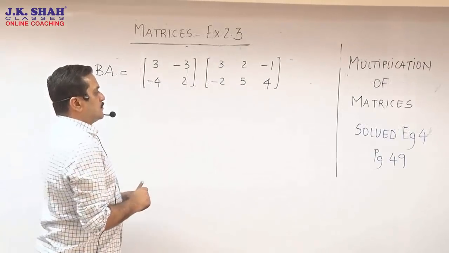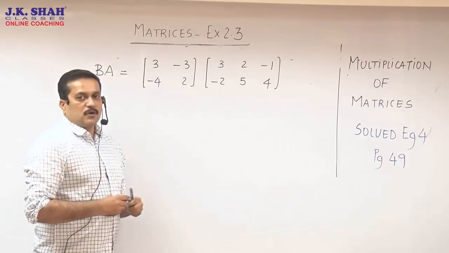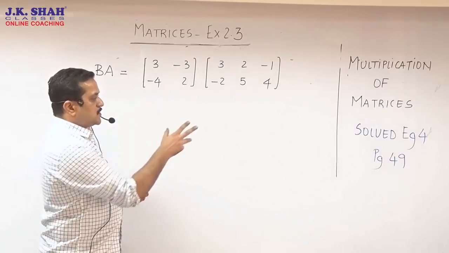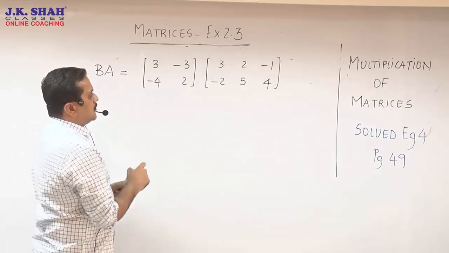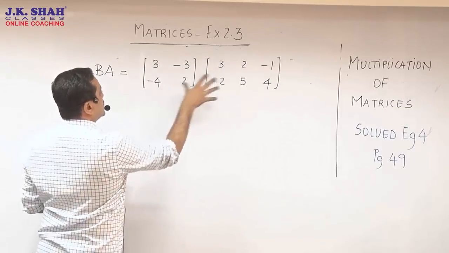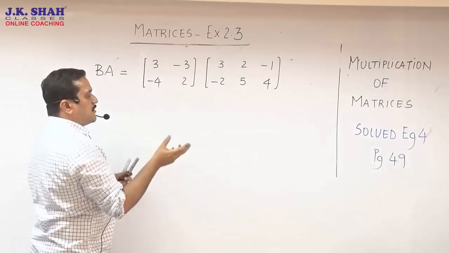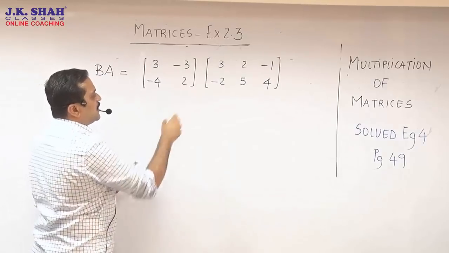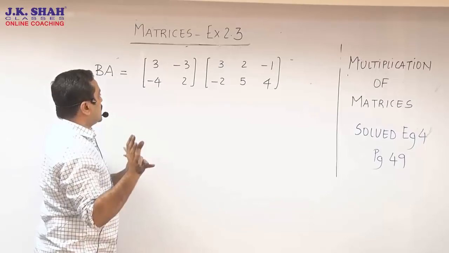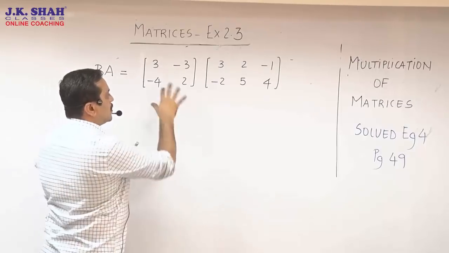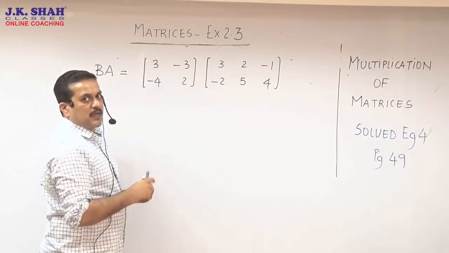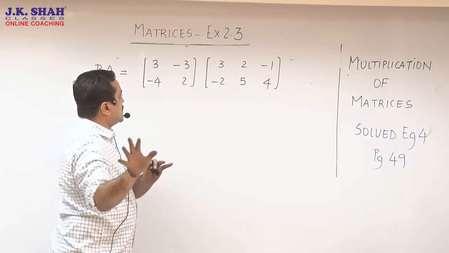So, I hope you all are sitting with your book and pen. I picked up one solved example 4 from page number 49 where this is matrix B and this is A and we are trying to go for BA. We are not going for AB. That we'll be seeing after this. We'll be trying BA first. So I just would expect you would have paused your screen, copy the two matrices in your book and you start. Now before you pause the screen, stop.